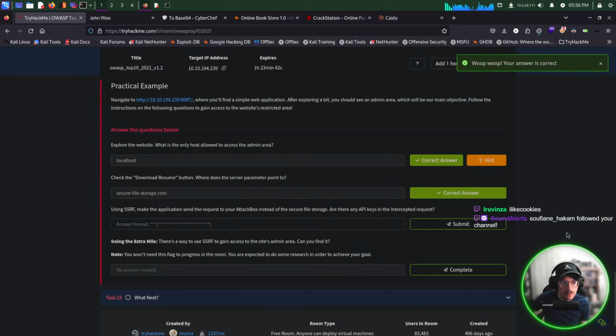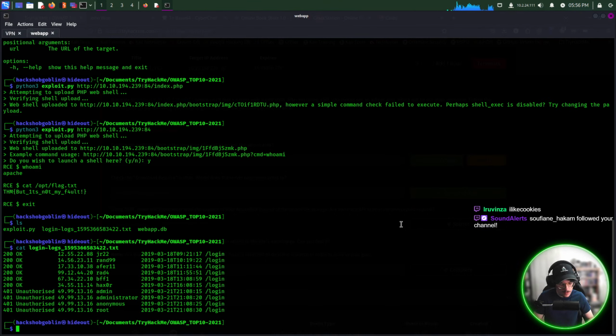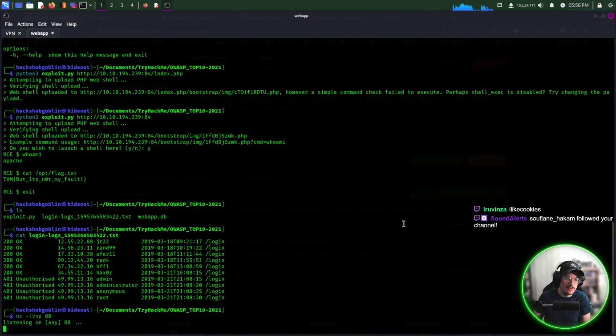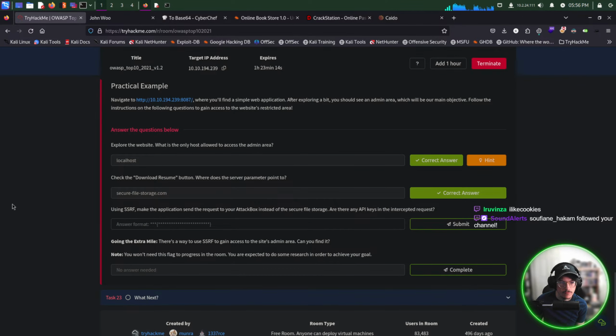Using SSRF or a server-side request forgery, make the application send the request to your attack box instead of the secure file storage. Are there any API keys in the intercepted request? So let's set up a netcat listener first. Netcat -lvnp. Probably can't run it. Oh, we can run it on port 80. Okay, there's nothing running on port 80. Okay, so